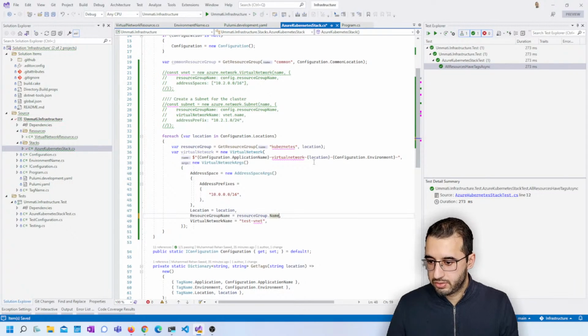We're going to pass in the resource group name here and the virtual network name. Not sure why we have to pass this, given that we already have specified a name up here. So I'm just going to comment that out for now and see what it generates for us. So we have our virtual network,